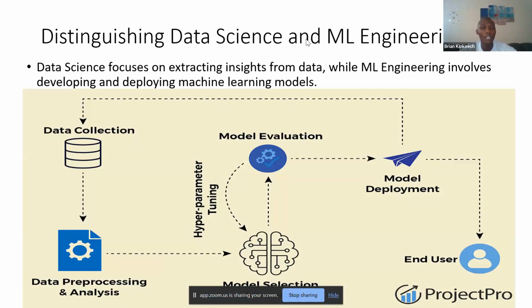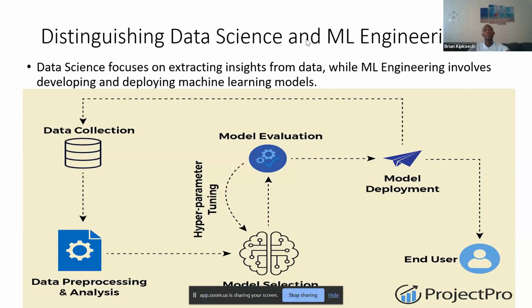But I first want us to distinguish between what data science is and what machine learning engineering is. The two fields usually have some overlap. You can find a machine learning engineer performing some tasks that are well known for a data scientist and so forth. But typically, a data scientist focuses on extracting insights from data, while a machine learning engineer involves developing and deploying machine learning models.